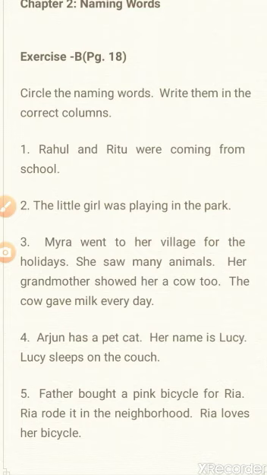The next sentence of question number 3 is "She saw many animals." Here, she is not a name of a person. Saw and many are not names of a person, place, animal or thing. But animals is a name given to a particular type of creatures. Like, we are humans, and cat, tiger, all these groups are called animals. So it's a name given to particular creatures. So we circle this word animals also. And where will we write it? In the animals column.